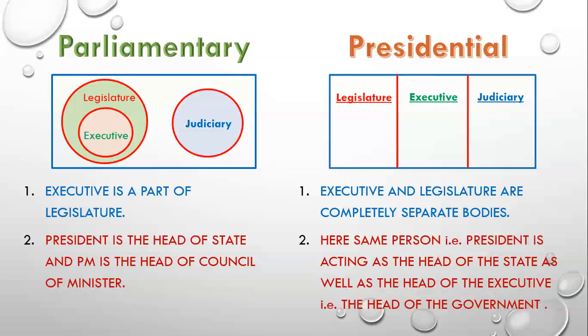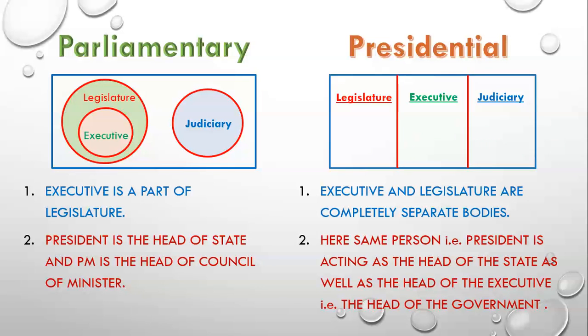So the President is bound by the advice of the Council of Ministers, and the Prime Minister is the boss of the Council of Ministers. So who is supreme? The Prime Minister is supreme. The Prime Minister is the real boss and has the real executive powers. So friends, we can say that the President is the head of state, meaning a nominal head, with powers only for namesake. And the Prime Minister is the head of the Council of Ministers, meaning the Prime Minister has the real powers. The Prime Minister is the real head.